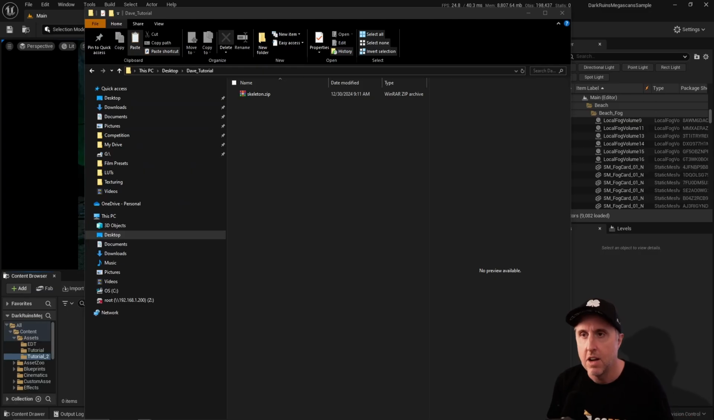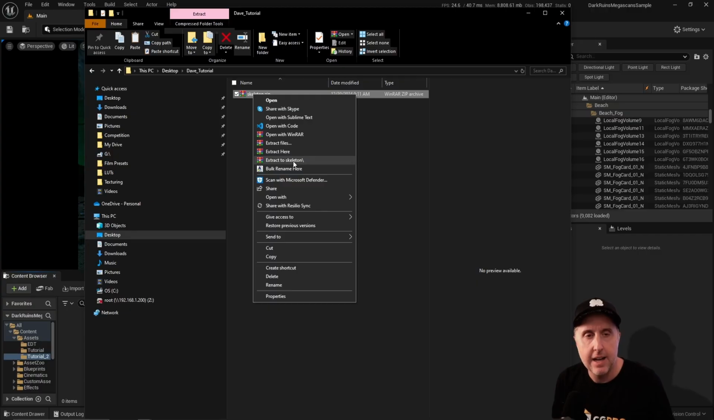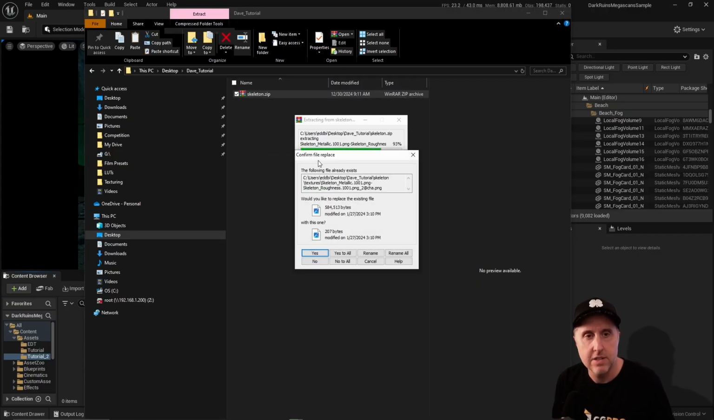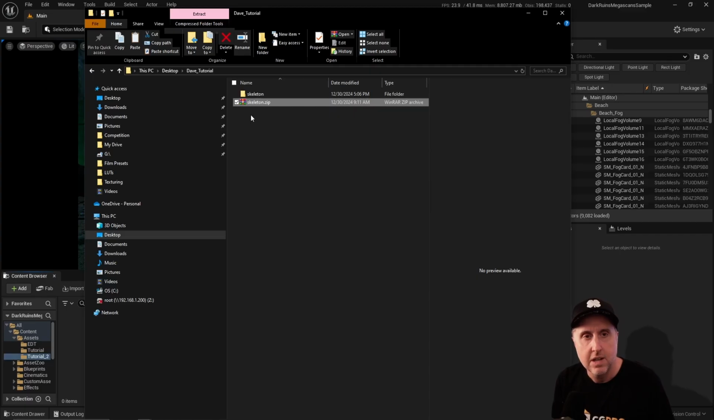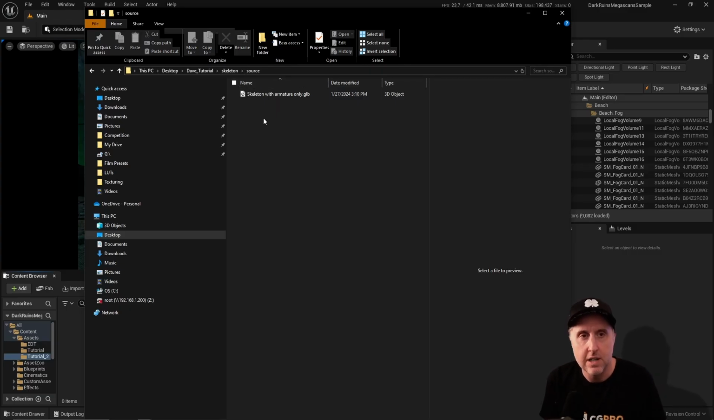Okay, so you've downloaded your skeleton, and you can have a zip file something like this. I'm using WinRAR to unzip it, and I'm going to do extract. This pops up, just say no. And let's go take a look at the folder. So go into the source folder, and